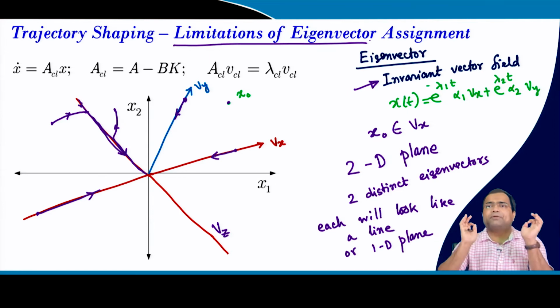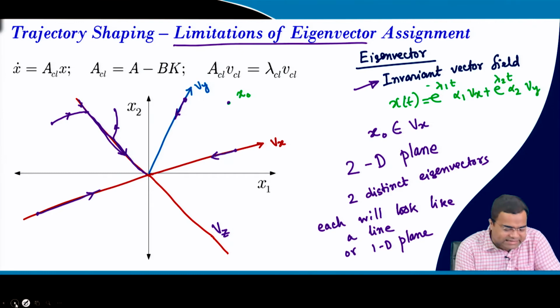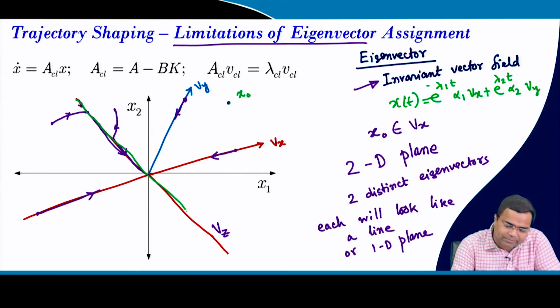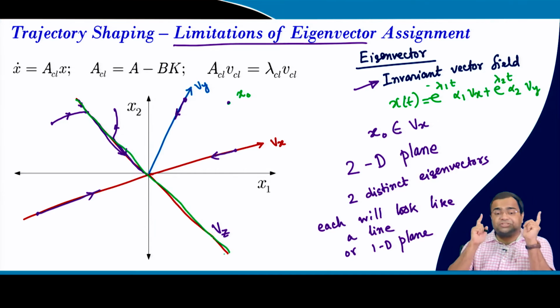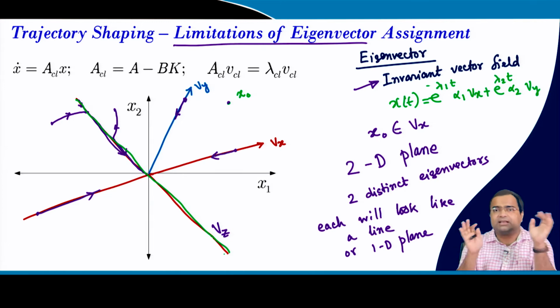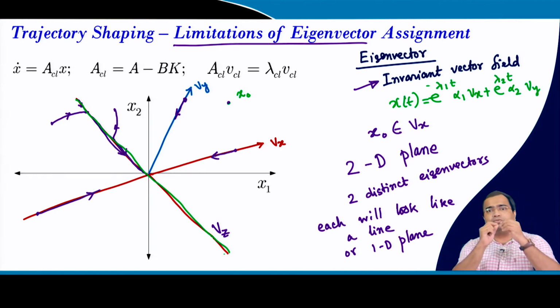So that is one of the problems we are looking at. Why are we interested in finding such movement? Because this path we want to shape. Suppose we want a desired trajectory which satisfies certain optimization criteria. Suppose I want to achieve minimum recovery time, or minimize some energy, or constrain the motion such that fuel economy can be improved, or the disturbance rejection property can be improved. So many things we want to discuss.